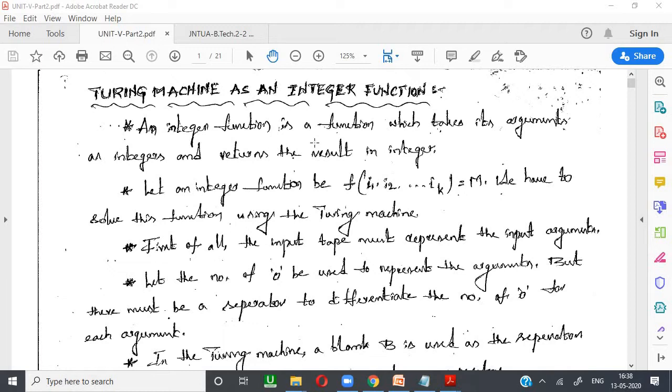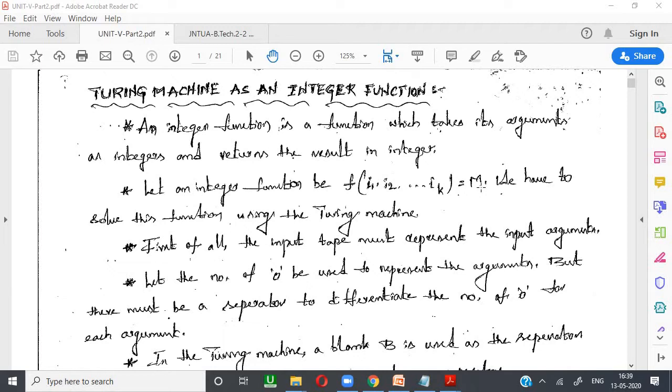So here we have one function which takes its arguments as integers and returns the result also as an integer. Simply, if I want to perform the addition of two numbers, we can perform it with the help of this Turing machine, which works as an integer function. The integer function will be defined like this: f of i1, i2, and so on up to ik, equal to some value.